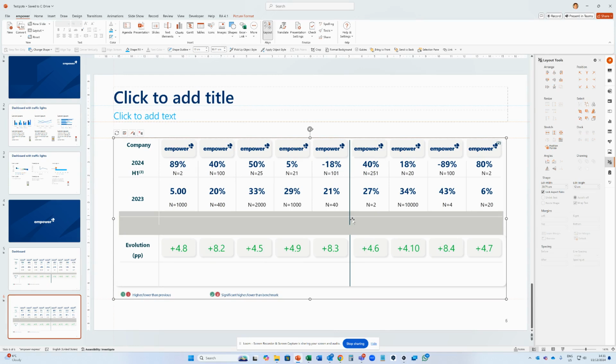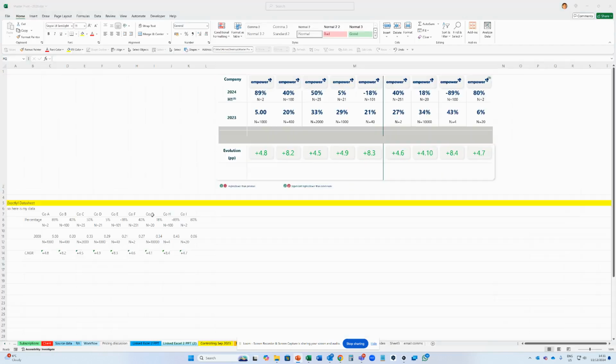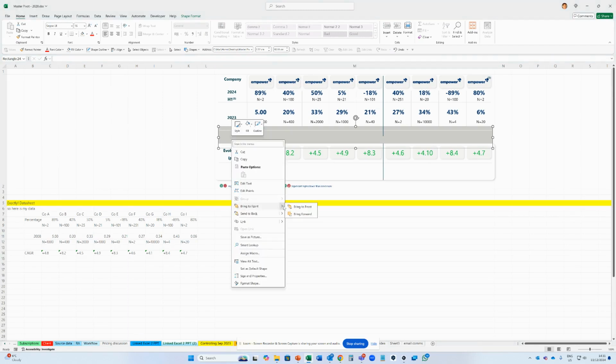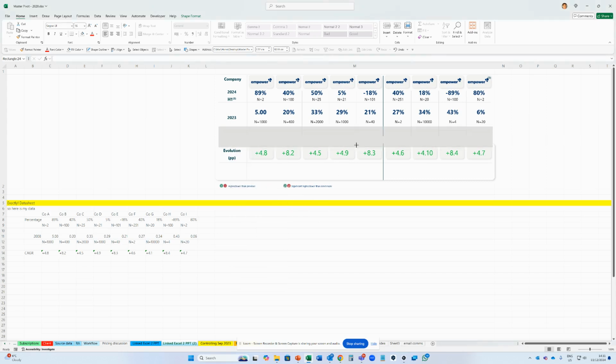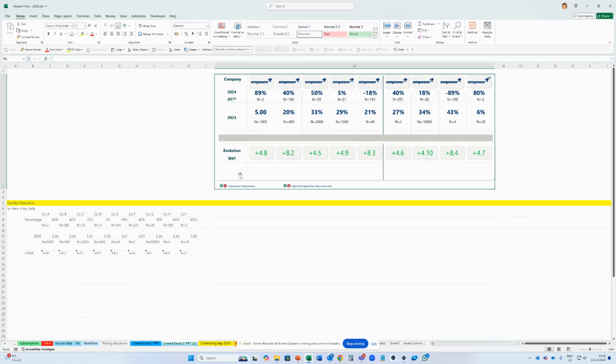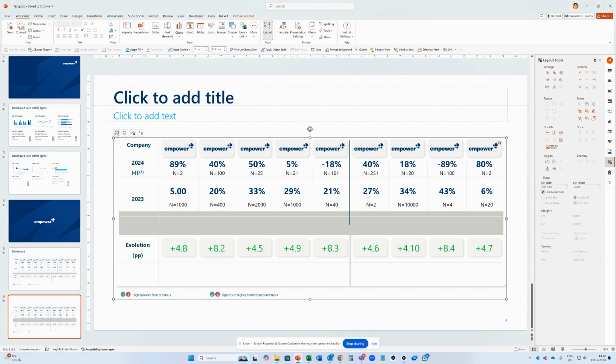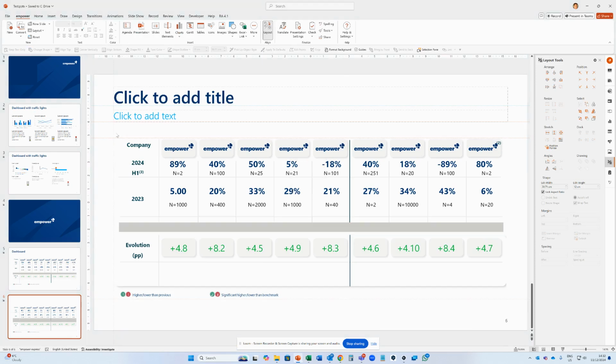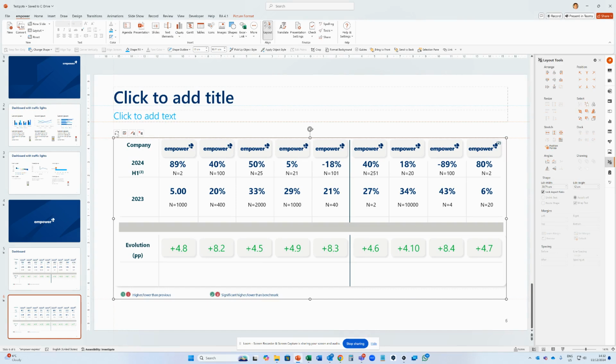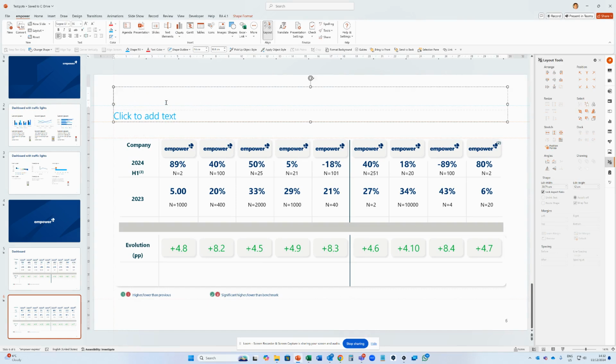I just have to do a little bit of formatting changes because you can see the formatting is just a little bit off, but that's okay. It's really easy. We're going to go in here. We're going to bring this to the front. So if you right click, let's bring it to the front. That's good. And let's maybe make it go there and let's put that there. That's probably enough of a change to how we want it. Let's have a look. Yep, it's pretty good. All right, let's go back. Refresh it again. There we go. You make any kind of formatting changes you want, but now I have a linked dashboard between